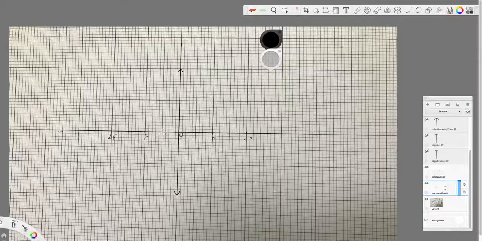Of course, there's some variation there for those positions, but basically you've got this region and right here, this region and right here, and this region. So if we start with outside 2f,